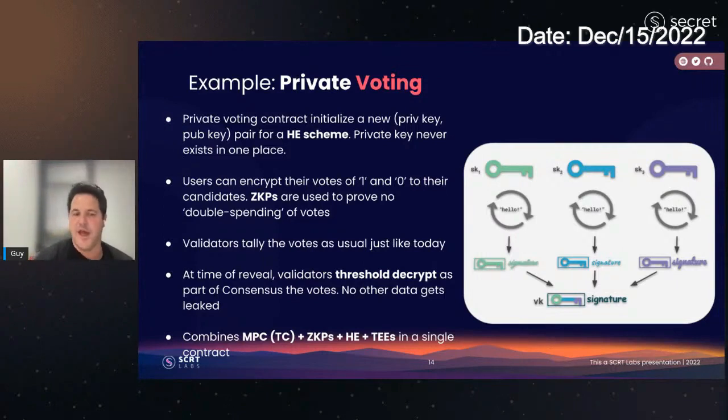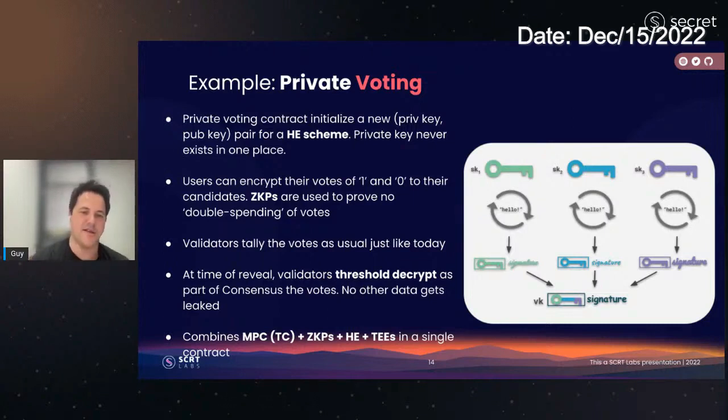And then validators can just tally the votes as usual, because the encryption scheme is not a regular encryption scheme, it's a homomorphic encryption scheme. So this would actually work with the underlying cryptography changes, but from a developer point of view, this would look like the same voting contract that you see today. And at the time of revealing the vote, when the vote is done, the validators can participate in a threshold decryption protocol, where they just decrypt the result of the computation, which gives you the end result, like how many votes each candidate got.